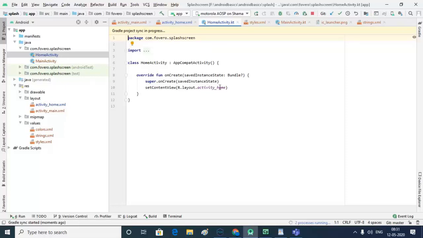So for making changes, so we can identify this activity.